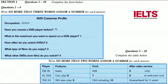Oh. I think it's worth the extra myself. And is that the same level of after-sales service as the other one? Well, you get a bit more for your money because what we're offering is a discount on labour. So you don't pay the full price if you have to call an engineer out. I see. Then the last one is this